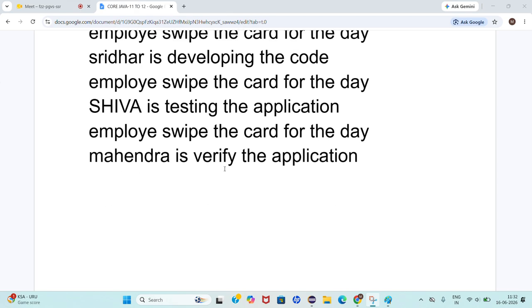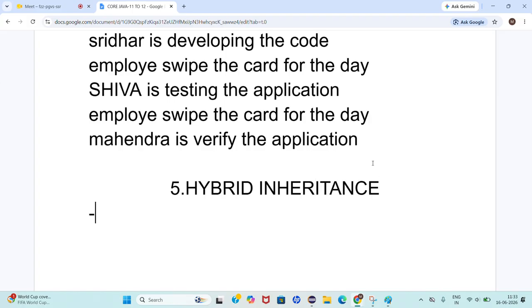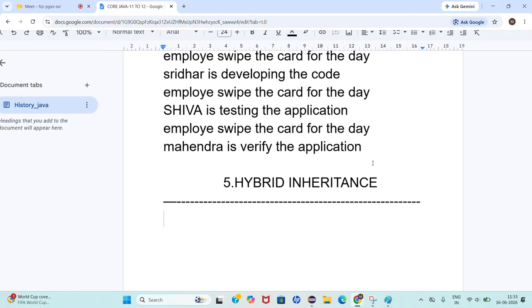Okay. Next, after that, we have now completed single level inheritance, multi level inheritance, and hierarchical inheritance. Now the next one is hybrid inheritance. Sir, what is meant by hybrid inheritance? What is meant by hybrid inheritance is nothing but